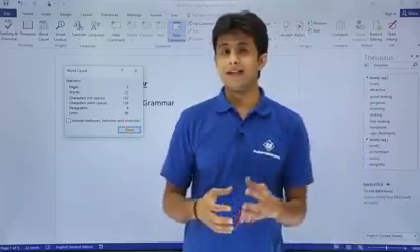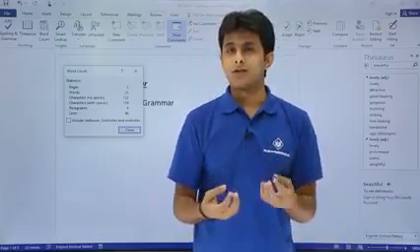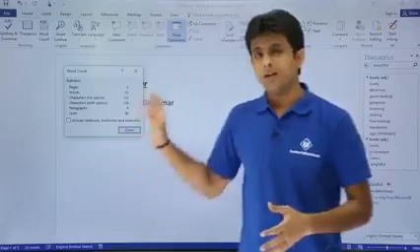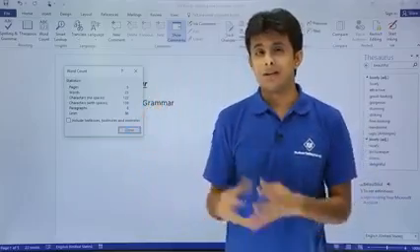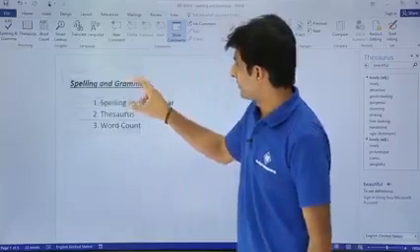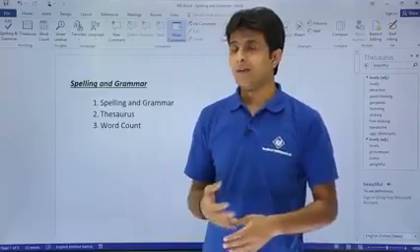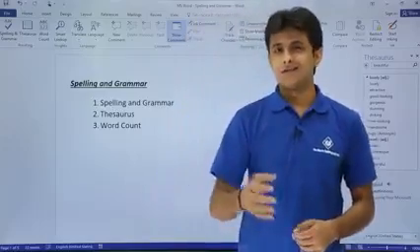Where it is basically used, people who want to convert from one language to another charge per count or per word itself. So they count and give the estimate to the client or the user itself, how much they have to charge. So those are the places where it can work. I hope you are able to understand how we can work on spelling and grammar, thesaurus and the word count. That's all for this video.